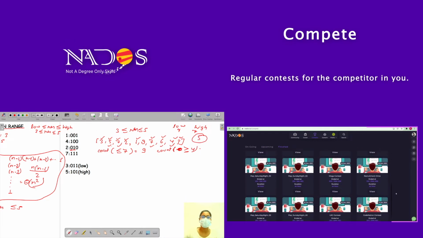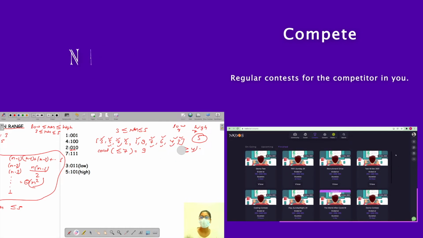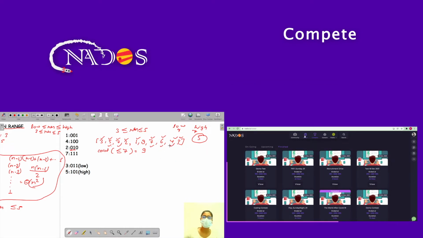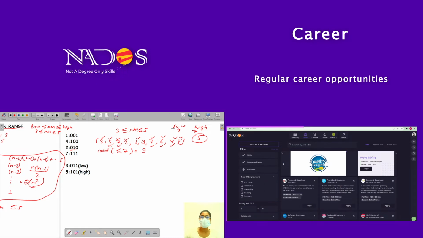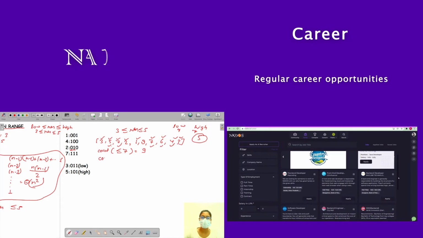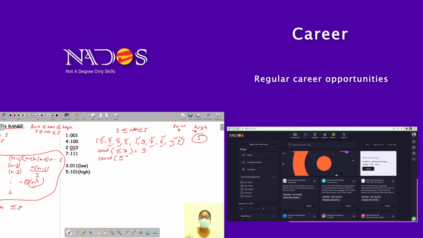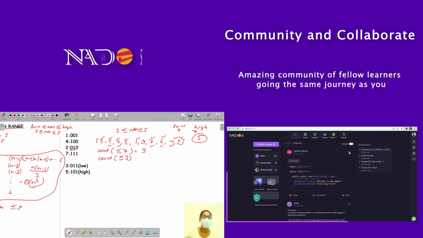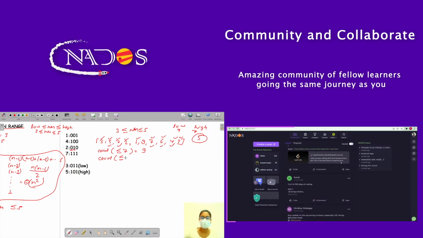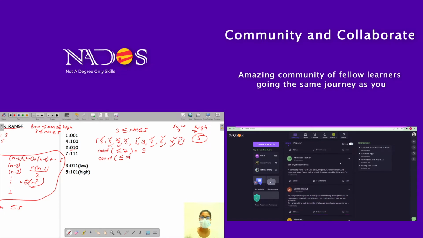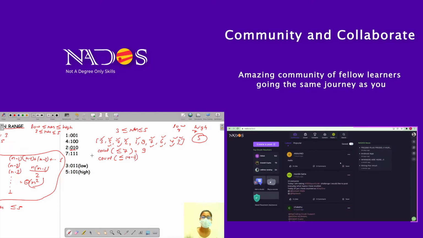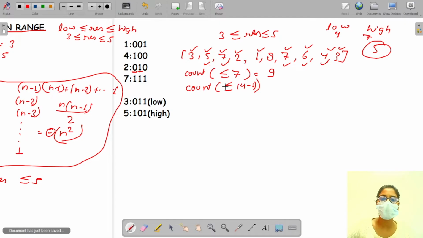Okay, can we say that? But here we will use another method. What method? We won't be counting the numbers which are greater than equals to 4. Rather, we'll be counting the numbers which are less than equals to 3. Why 3? 4 minus 1. Whatever the low value is, 4 minus 1. So if we count the numbers which are less than equals to 3, then we'll be subtracting this count. Whatever will come,